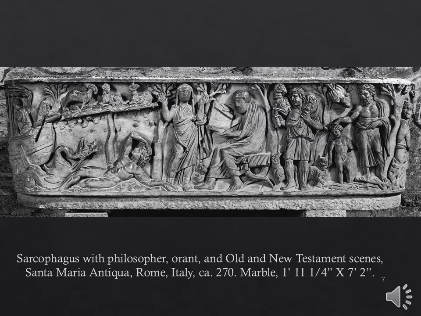So let's see where we can see that here. On this scene, in this sarcophagus, really beautifully carved marble sarcophagus. I just want to point out briefly the figures and the style with which this is carved. We see that late Roman Empire sort of look that we saw last week, with heads that are a little too big, bodies that are a little stunted, arms and legs. It's all just a little bit awkward and a little bit stiff.